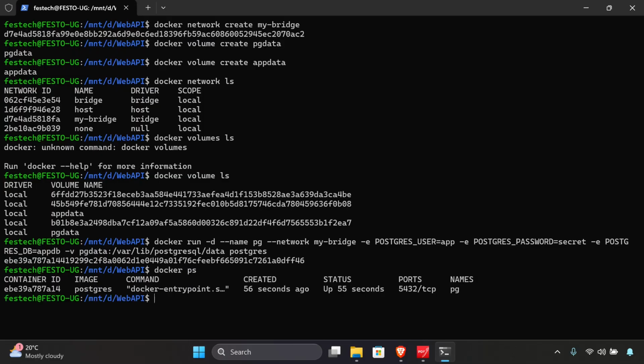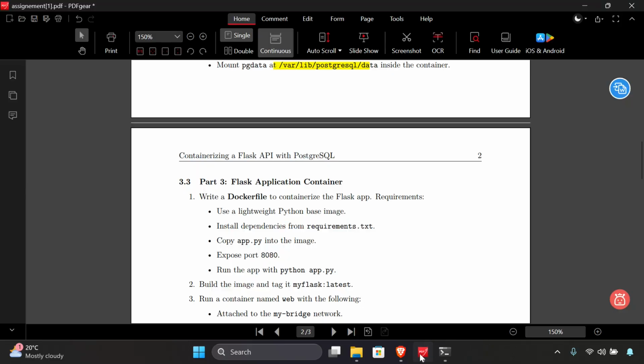After creating that, we'll go on and confirm if our image is running by pressing docker ps. When we press docker ps, you can see our image is running with the container ID given here, and our image is up, which means that it is running. So we'll go on and proceed to task number 3,